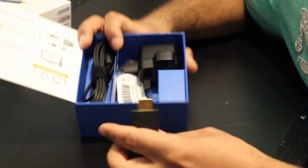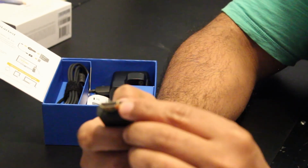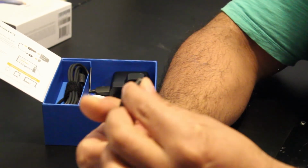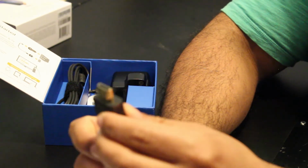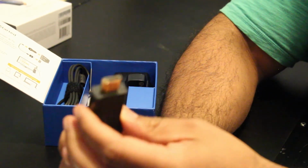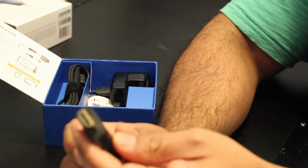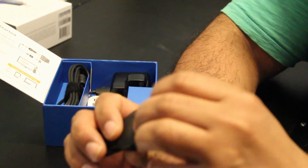here. Okay, so this is the dongle, and it has a HDMI tip, so it's a HDMI output connector here which goes into the HDMI input on your television or your AVR, audio video receiver. And